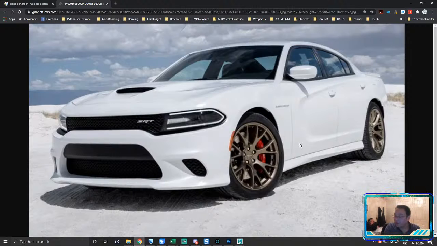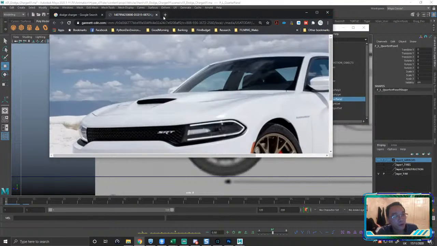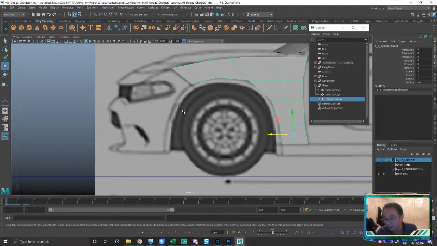So I recommend that for you guys who, if you're really serious, buy a car model, right? Take the pieces, you don't have to put it together. Take the pieces, paint them white, and then take a Sharpie and draw your topology lines, right? Then when you dive into a modeling application, you'll have a clearer idea of what you want to do. I don't at the moment because I'm hunt and peck searching for my line work. But if you take a model car and you draw on top of it, you'll have a clearer idea of how you want to approach this, right?